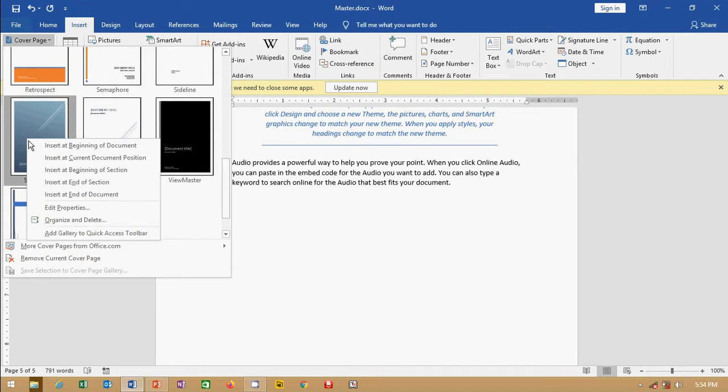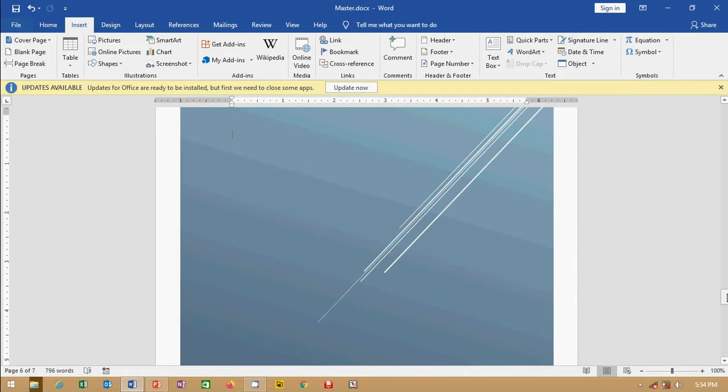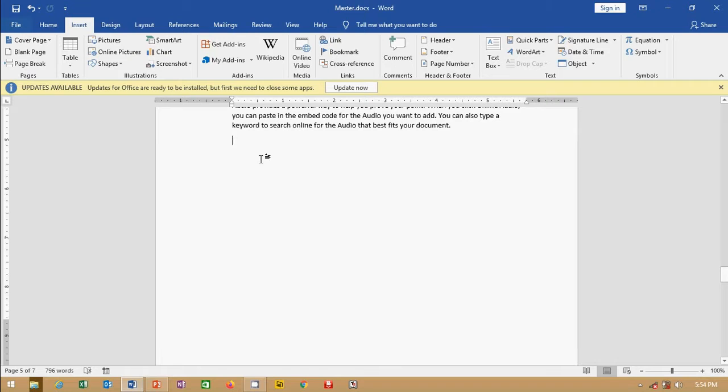It is not a left click, it is a right click. They are giving many options. I am going to choose Insert at End of Document. So it will be inserted at the end of the document. Okay, this is how I am going to save it.